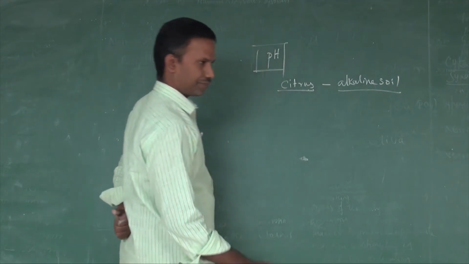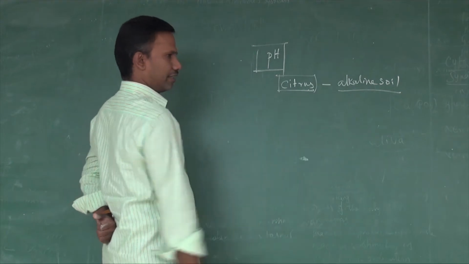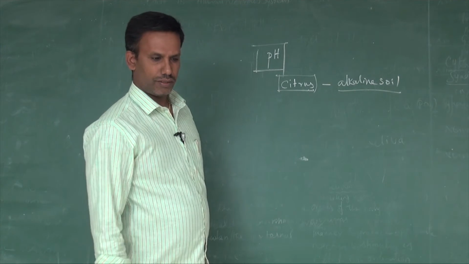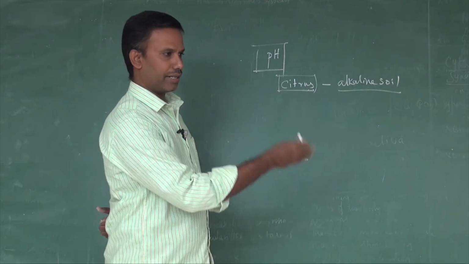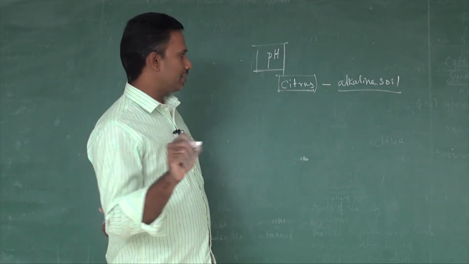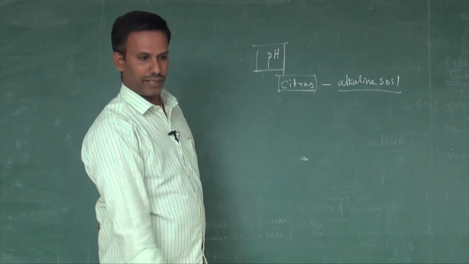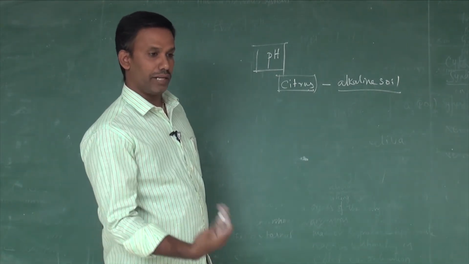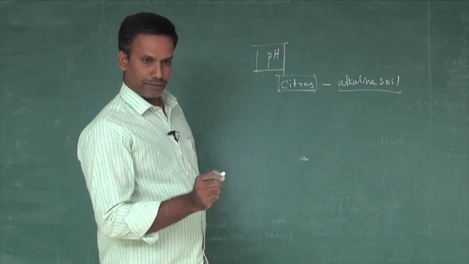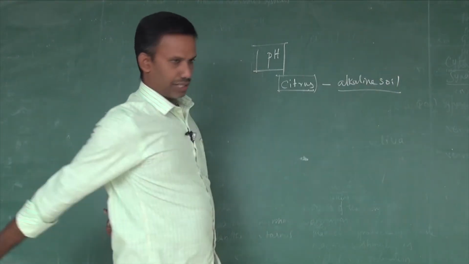Alkaline soil. What is alkali? Basic soil. If your soil is alkaline in nature only, then all citrus fruits, orange, lemon, everything will come. You cannot plant orange and lemon everywhere, wherever you want. Your soil should contain alkaline nature only, then you can get growth. You can plant that, the plant will come out, but the yield will not be as much as you need. If you need more yield, you need to plant that in alkaline soil.